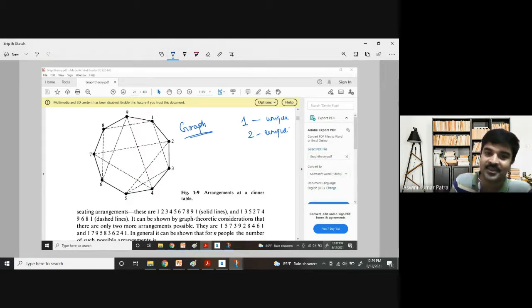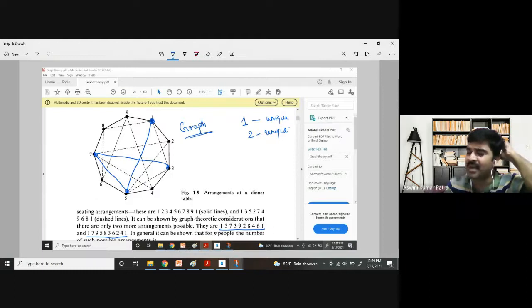Here is another answer. Answers are given here. Okay. 1, 5, 7. You see 1, then 5. I can connect 1, 5. After 1, 5, I can connect to 7. Okay, 7 to 3. The idea is I do not have to think much, just connect the dots. How simple it is. It's a very complicated problem, I'm telling you, but by putting in a graph, I have 4 solutions.